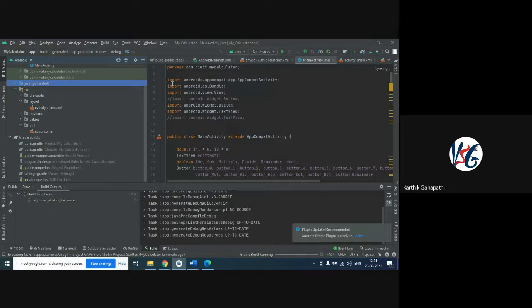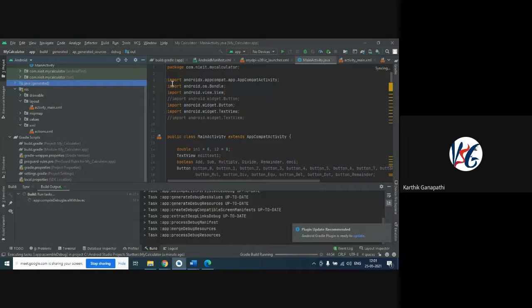Still it is running. It may take some time. Usually the Gradle scripts take some time for synchronization, because some of the things are taken from the repositories and some are taken from the local system. So it will take some time to fetch all these things. It totally depends on your system speed.